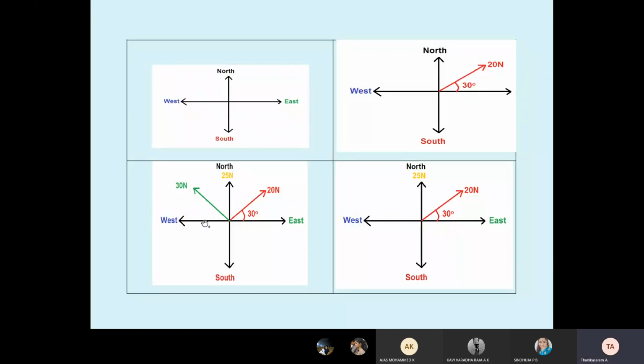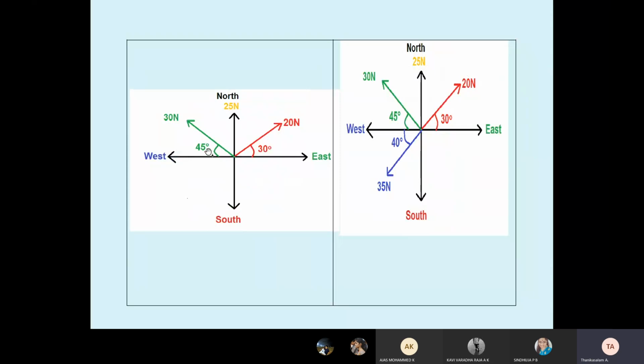See here. Whenever the force is going to the middle of the quadrant, you take it as 45 degree. See the left side diagram. See here, 30 Newton. How did the 45 come? This is a general rule. Any force lying in the middle of the quadrant, the angle is automatically 45 degrees. You know each quarter is 90 degree. But this force goes north to west. They did not mention, that means angle 45 degree. That's why I already told you this subject is purely mind and brain oriented.